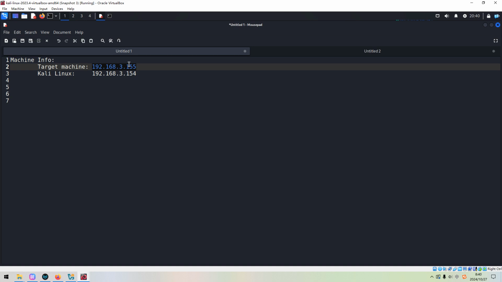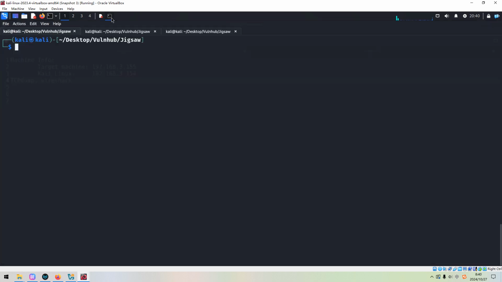We need to configure the target machine as bridge mode. And then, in order to capture information from the target machine, we can use tcpdump or Wireshark. But Wireshark is GUI, maybe it's more efficient.